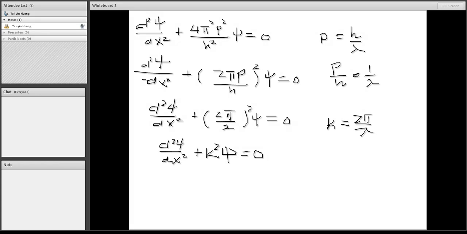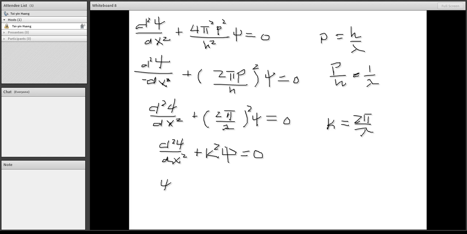So what kind of equation is this? We start out with the Schrödinger equation, which involves the energy and potential, but because we're dealing with a free particle, there's no potential energy. And based on the relationship between momentum and kinetic energy, and also the relationship between momentum and the wavelength, the wave number, what we got here is this equation. This is a second order differential equation. There's no source here. And if you know your math well enough, you know that the solution to this equation